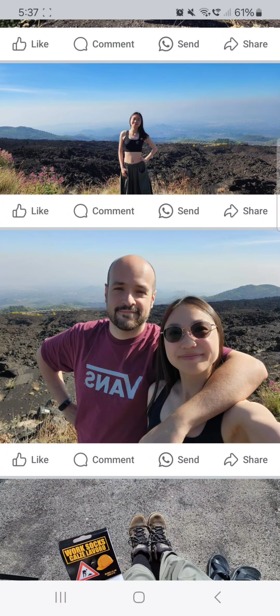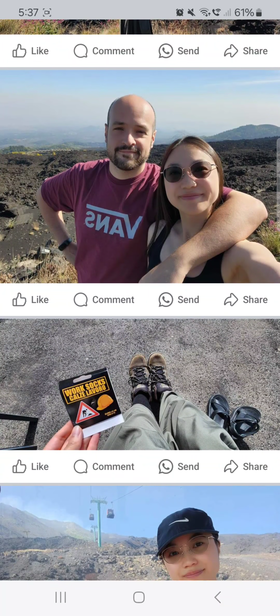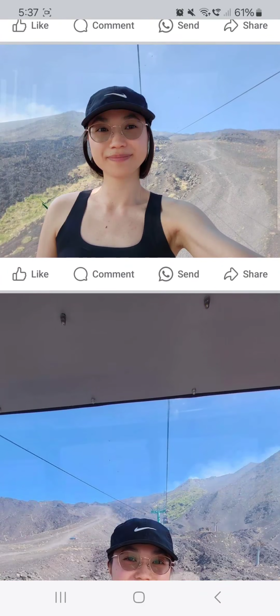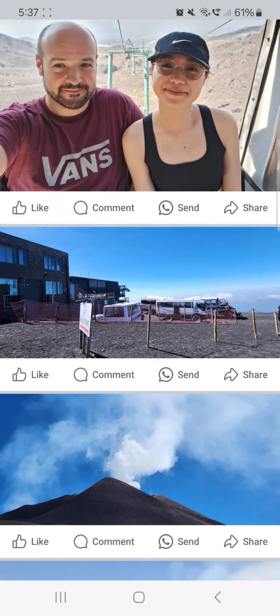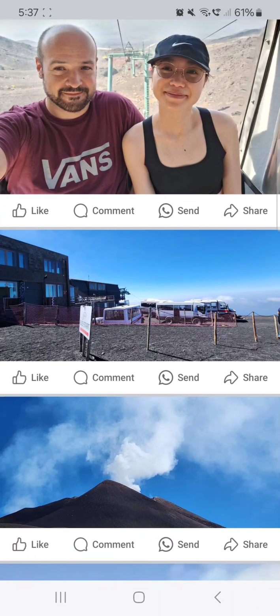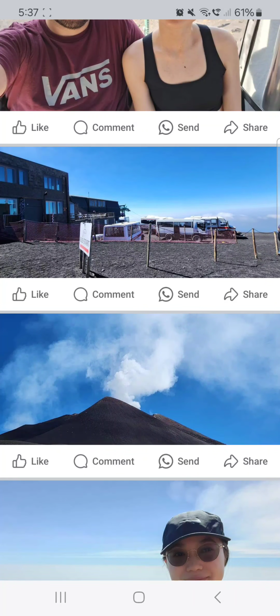So now you see the photos in big. This is where I moved my boots just before the cable car, and then after the cable car I just moved the off-road vehicles, and then a photo of the mountain,